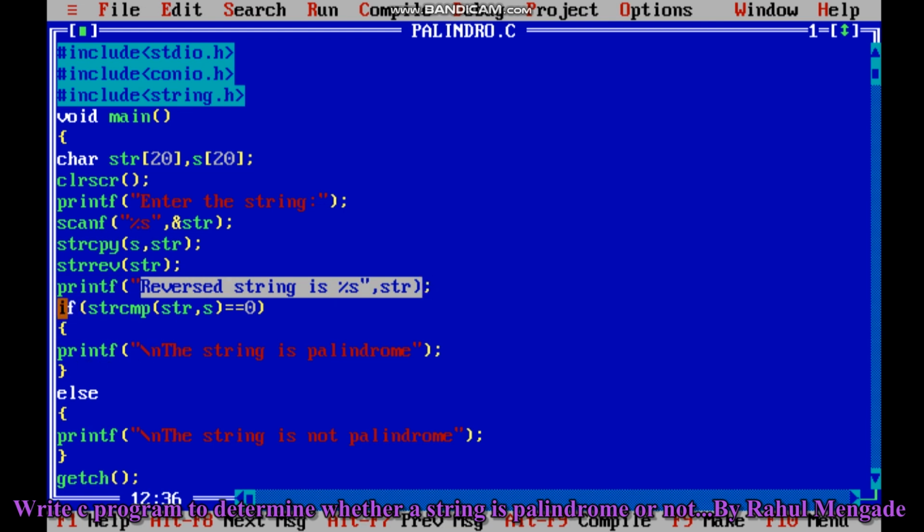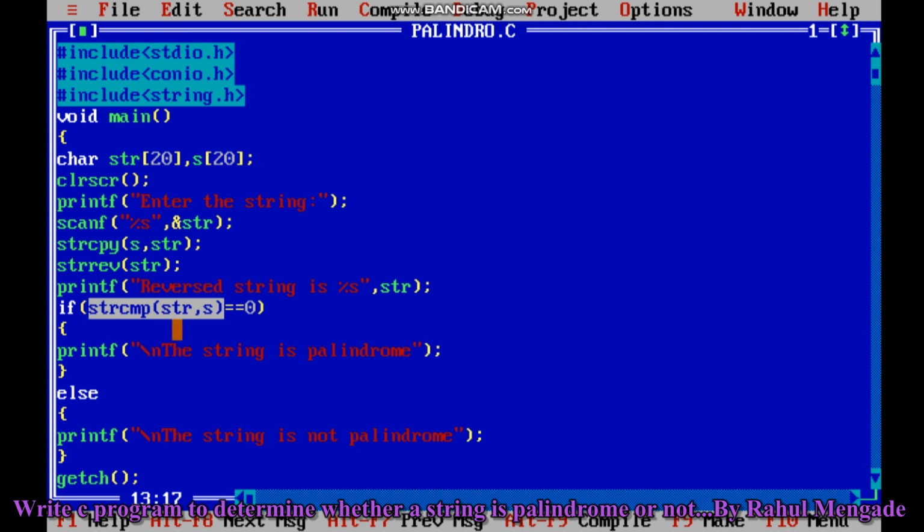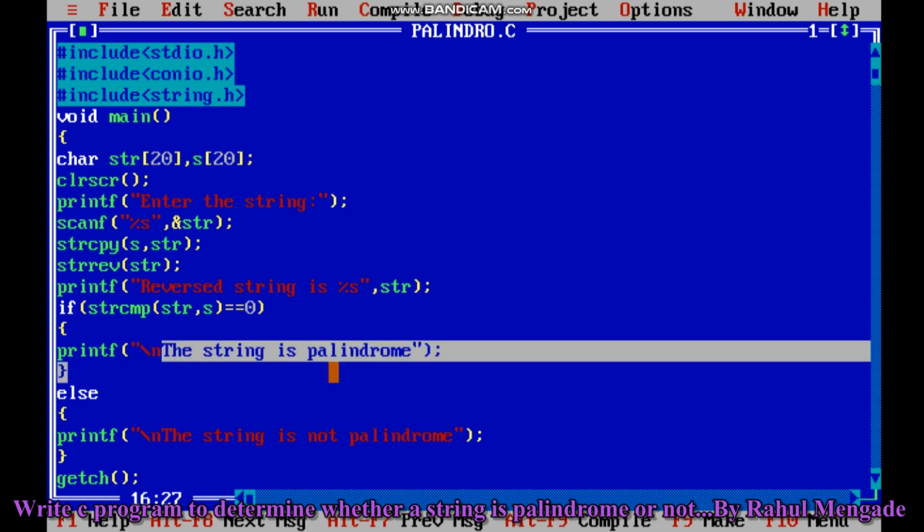After this we compare the string. For that we use the string compare function. So an if else condition is used. So if string compare str comma s, that means the reverse string and the string which is stored in s, if both are equal, both are same, then printf the string is palindrome.